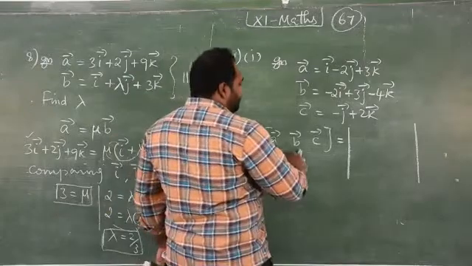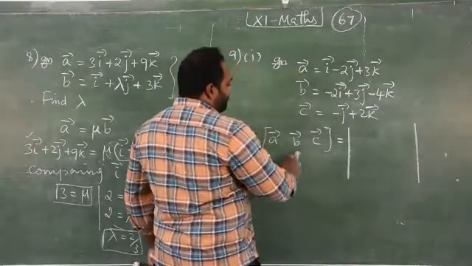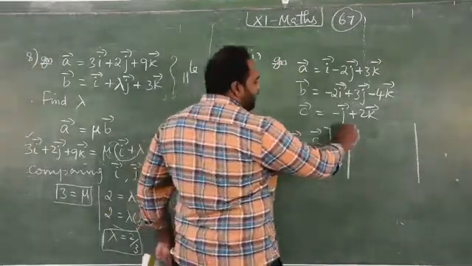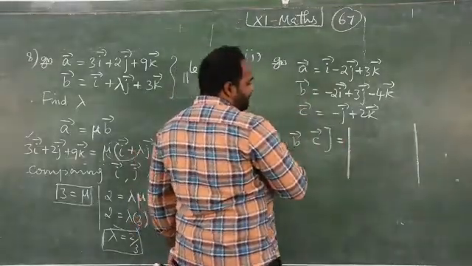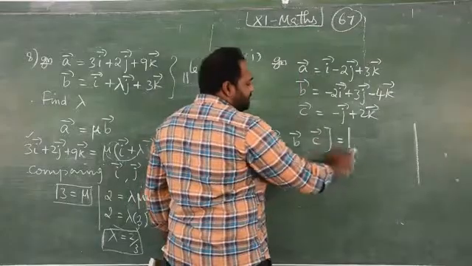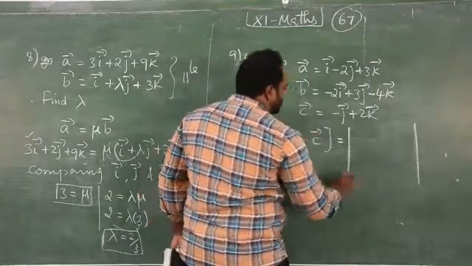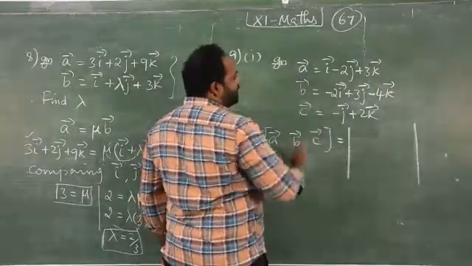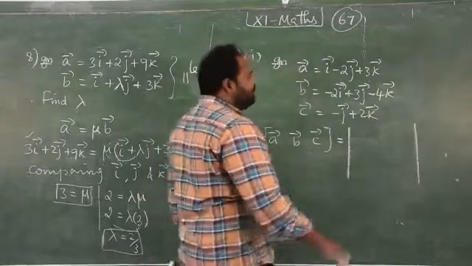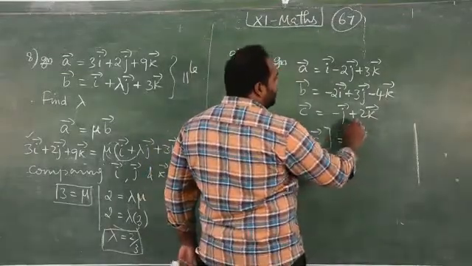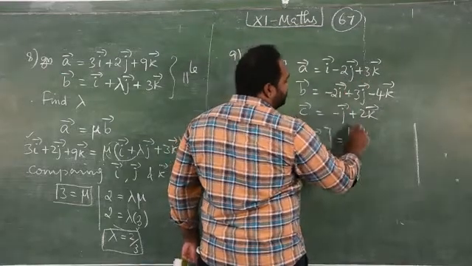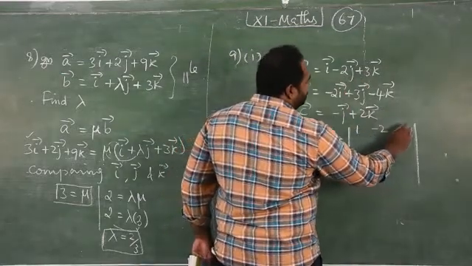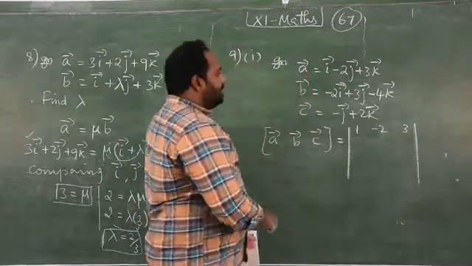So if you put A, B, C in the box product, you have to take a determinant for A, B, C. A is the first row, B is the second row, C is the third row. Only we have to write the coefficients of i, j, k. Here A is i minus 2j plus 3k. What is the coefficient of i? It is 1, then we write minus 2 and 3. We are getting row 1 by